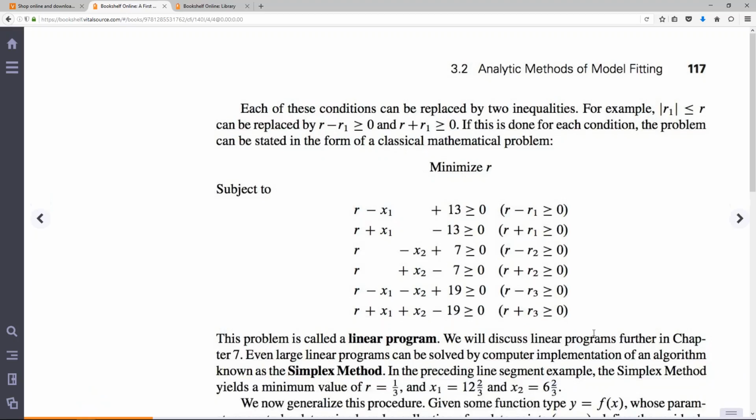Now we have a set of linear functions that we can try to solve. This program itself is called a linear program, and we are going to discuss linear programming in Chapter 7. Here we use the simplex method to solve this problem, and the minimum value of R is 1/3,